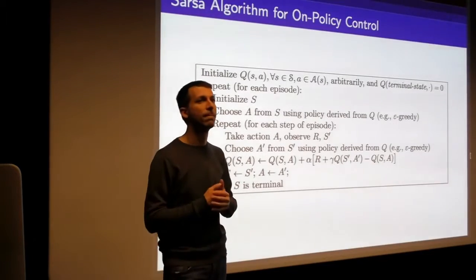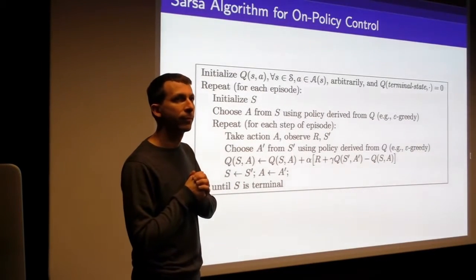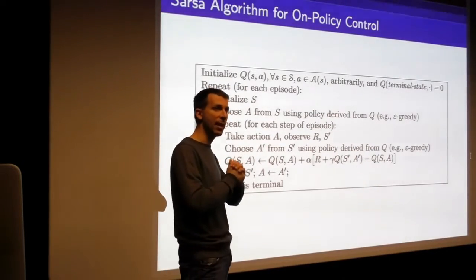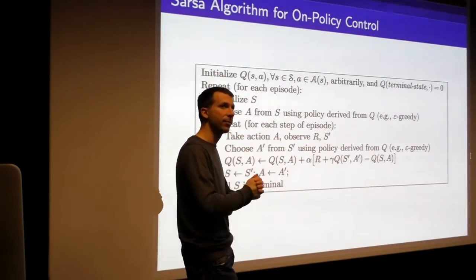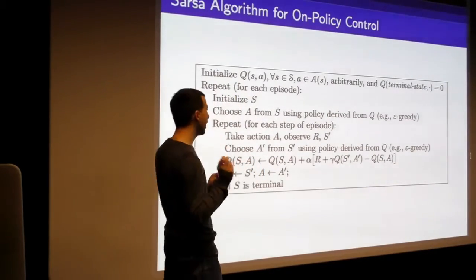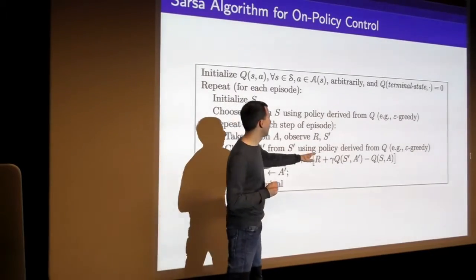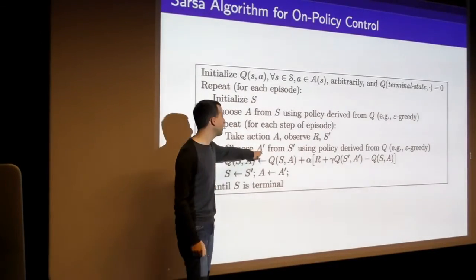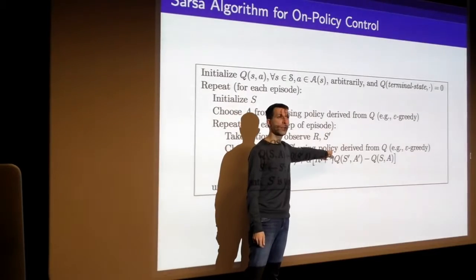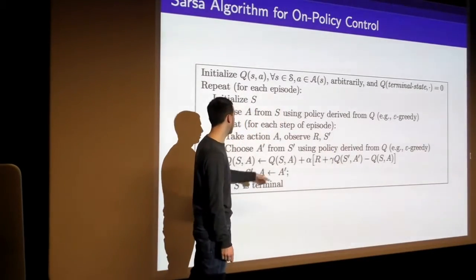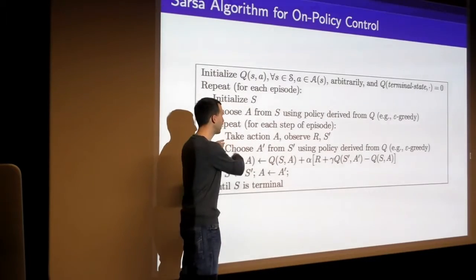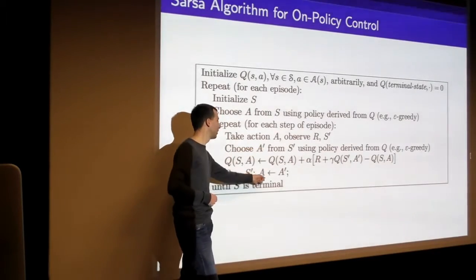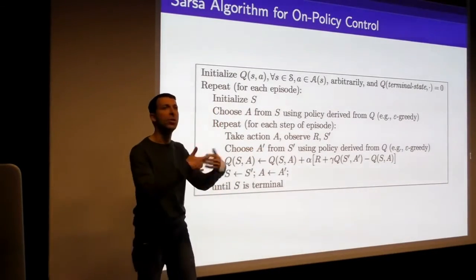Okay. Yeah, question? Is S dash chosen according to epsilon greedy as well? S dash is chosen by the environment. S dash is the next state. Sorry, A dash. Yes. So A prime. So the question was, is A prime selected according to the same policy? So A prime is selected using your current policy, and then you remember that, and now when you come in, you remember what your last A prime was. That becomes your A at the next step. So you just remember your last A prime, and that becomes your new A.